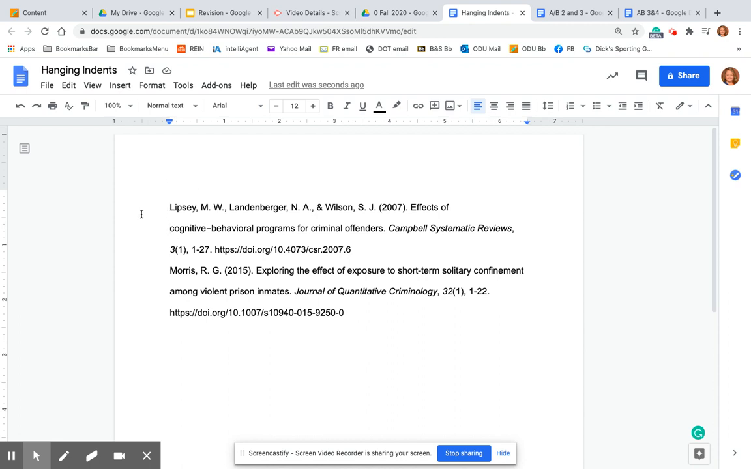That way, the last name kind of hangs, right? It hangs out in space, and so we notice it. It's easier to notice. It's also easier to know when the next item is because we can see that it's